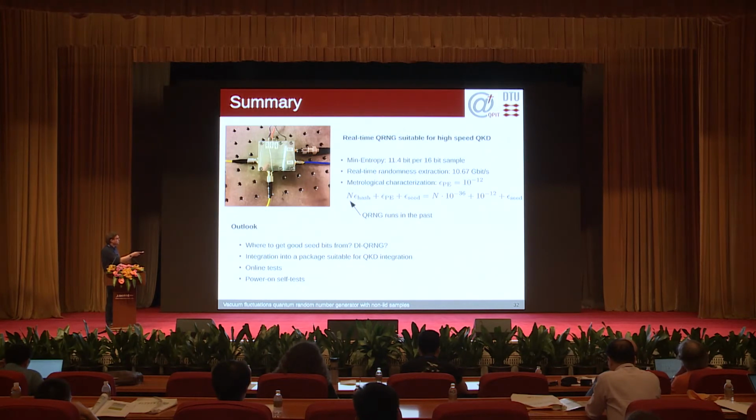So we have the contribution of the parameter estimation I just talked about, and then also the epsilon of the leftover hash lemma, which is growing in time if an adversary registers all the side information he gets over time, and then also the epsilon of the seed. So we chose values here for the epsilon hash in this case that this random number generator can run for about 10 years.